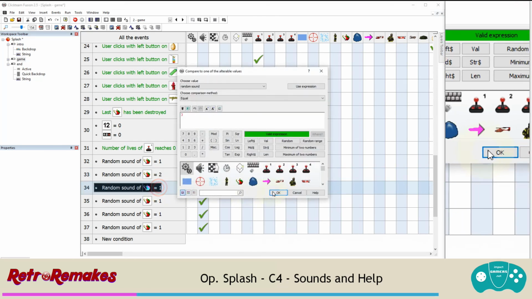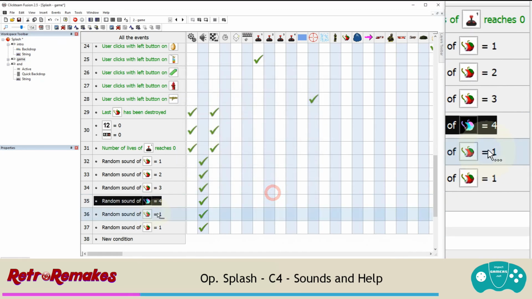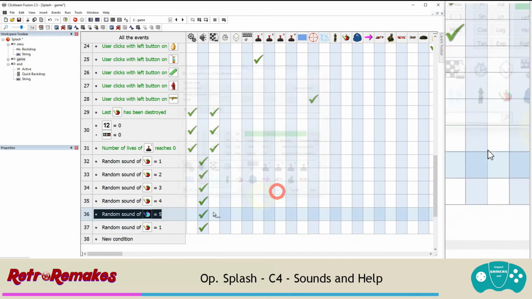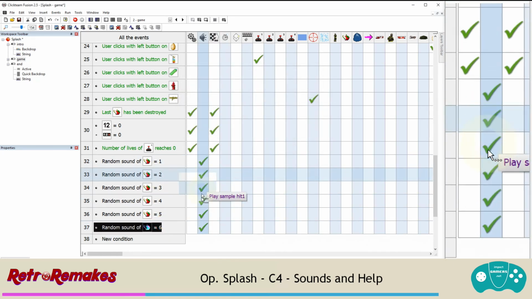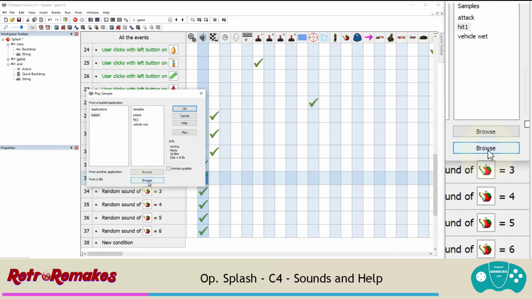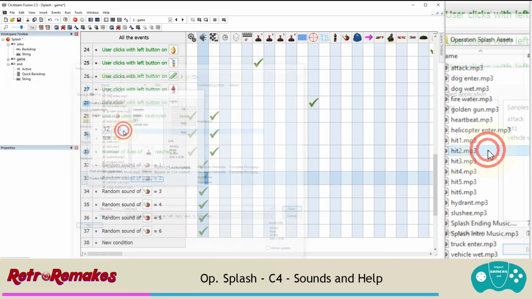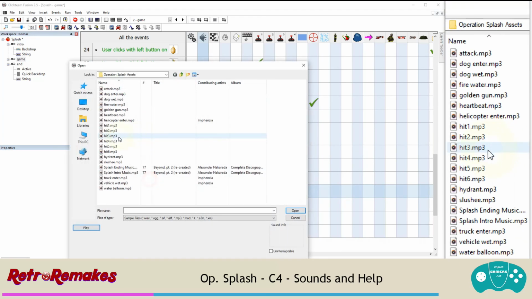Okay, double click 3, make sure you click on the number, 4, 5, 6. Now the sounds won't match, so this is still hit 1 for all of them. So let's right click and edit this, browse from a file, hit 2, right click, edit, browse from a file, hit 3,